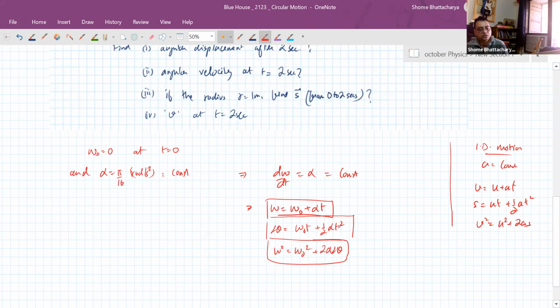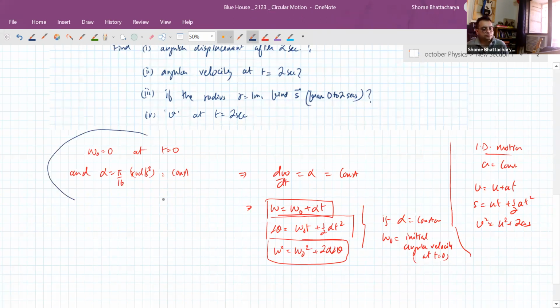So we can use these three equations if alpha is constant. Omega naught is the initial angular velocity, that is at time t equal to 0. So in this case, using this, we'll see that angular velocity at any time will become pi by 16 t, and angular displacement at any